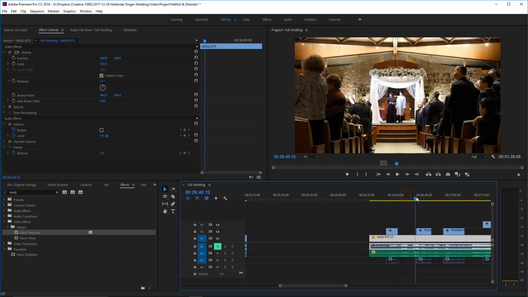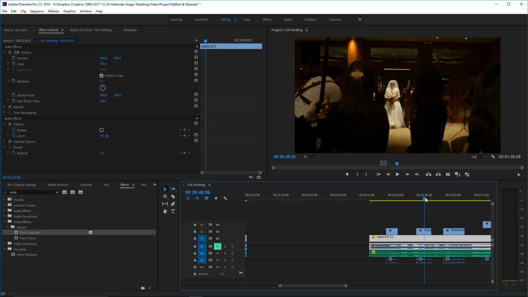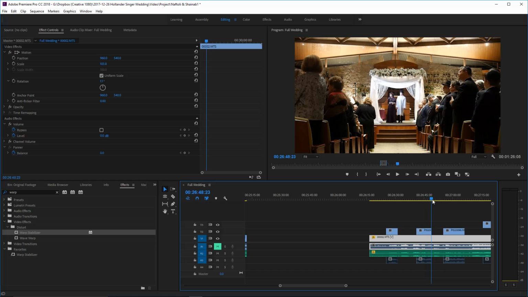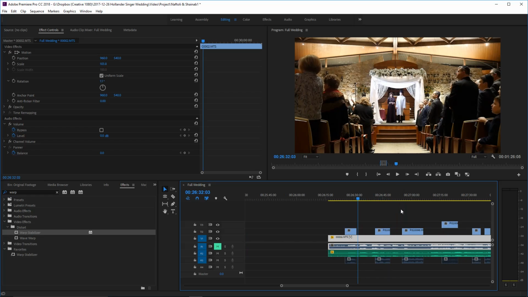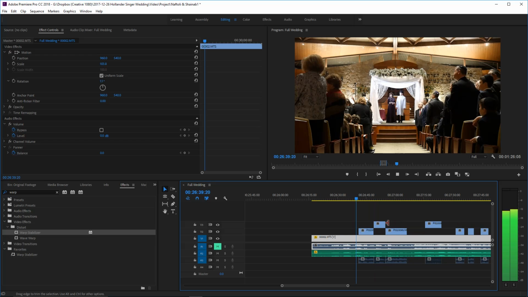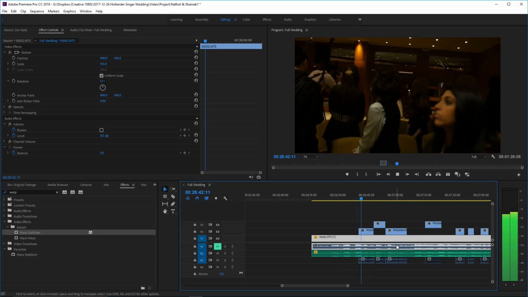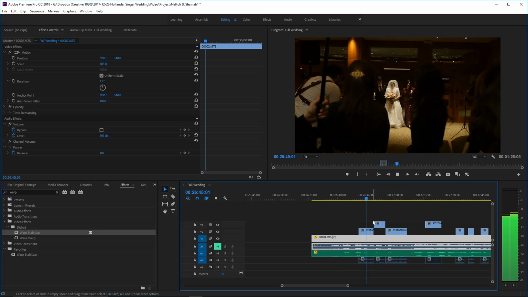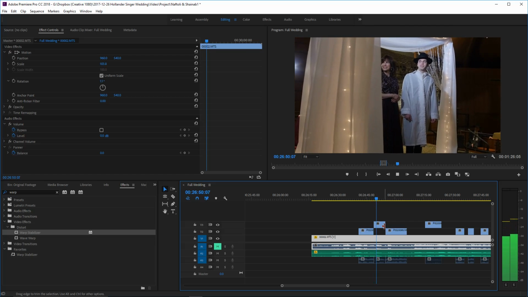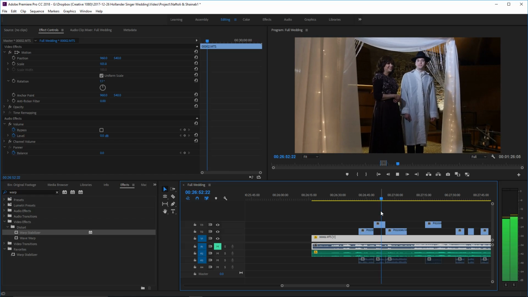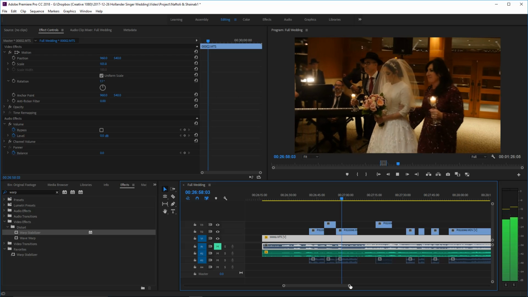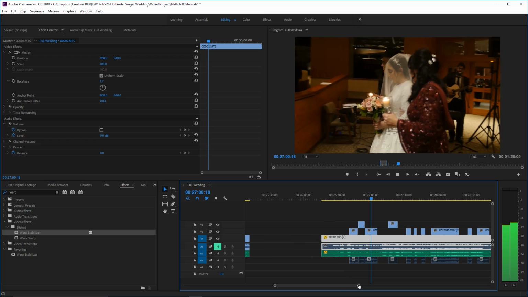So let's decide what our shot that follows this is going to be. So they just walk down. Here's a shot of him looking out for the bride. It might make sense to actually have the bride enter the room before we see him look up to her. So this shot, I think, will fit more naturally in here. Let's see. We're going to make some adjustments here in a moment.